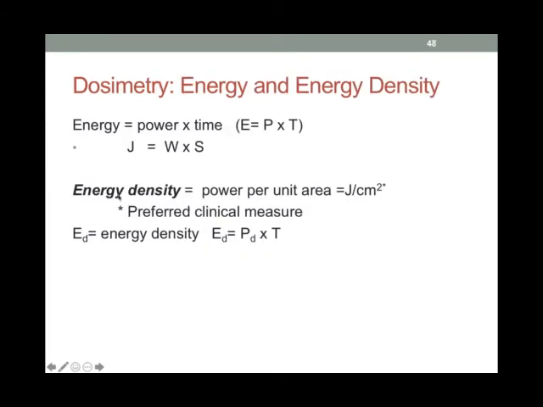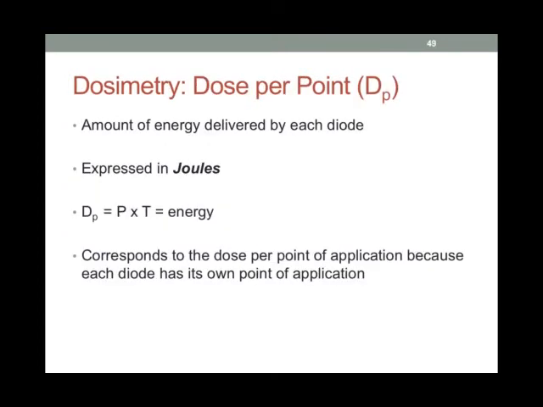Okay, so energy density, the same thing, is just the amount of energy being delivered over a centimeter squared. And that's actually the preferred clinical measure that we want to use when we're talking about delivering energy into the tissues. Okay, and so we're looking at how much is the dose. The dose is the amount of energy delivered by each diode, when we're talking about it per point. Again, it's energy, and energy is measured in joules. So it's the power times the time by each diode. Okay, and this just corresponds to the dose per point of application,